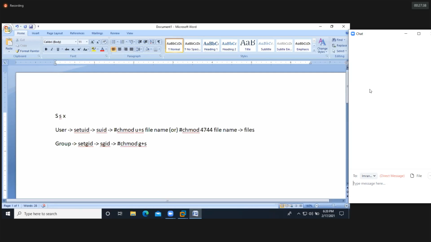And if you want, you can provide the group special permission for files as well as directory. But I'm providing the group special permission for directory because we'll have one concept called directory collaboration using the special permission. I'm providing the directory name.